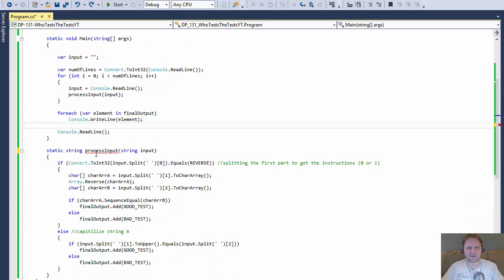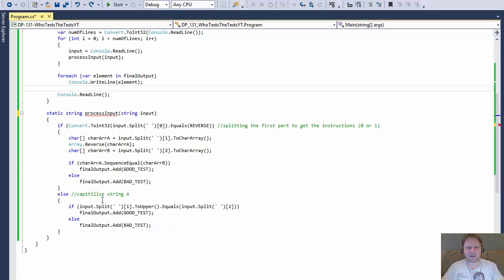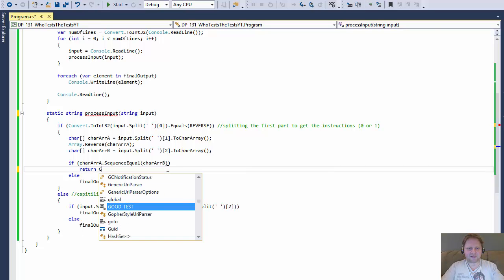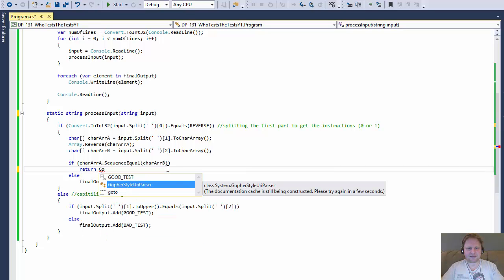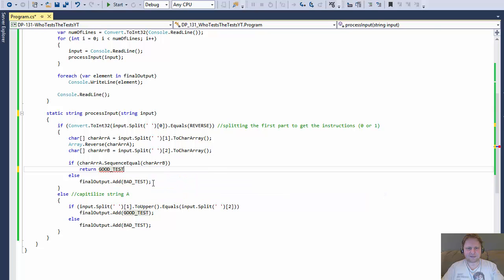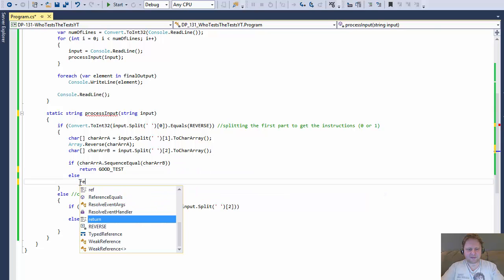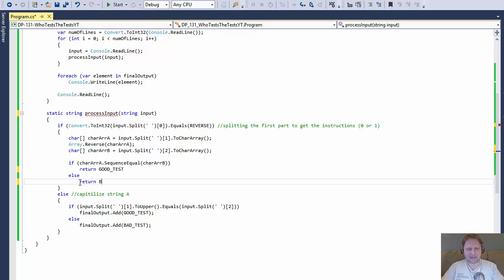I want to return a string. So over here it will simply return good test or return bad test,